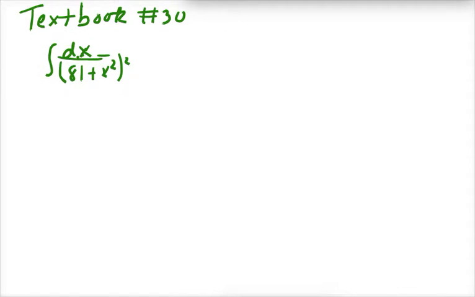Okay, this is textbook problem number 30, which was our second example of a tangent substitution. It's got a little bit of a twist, so I wanted to video out the solution. So when you see that we have a 9, this is a 9 squared, right? A squared plus x squared. You should identify that you're going to use a tangent trig substitution,